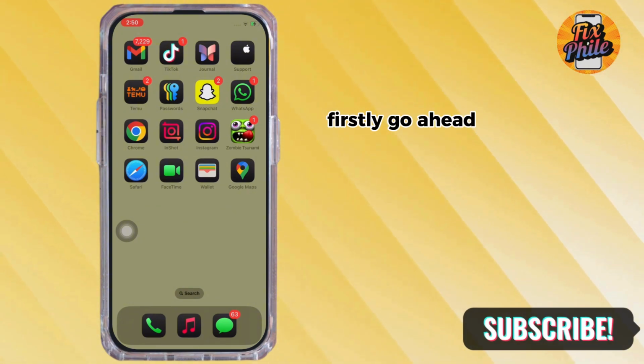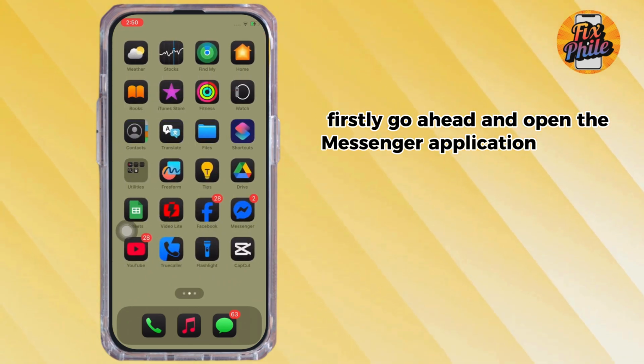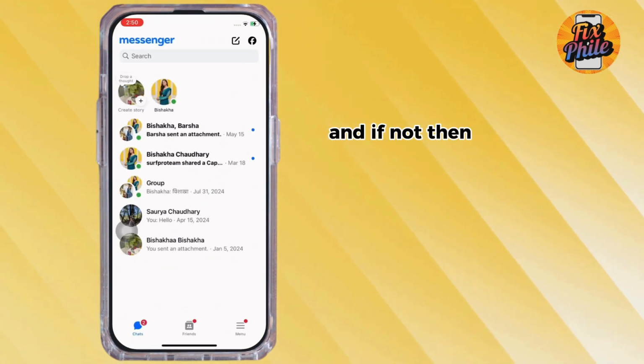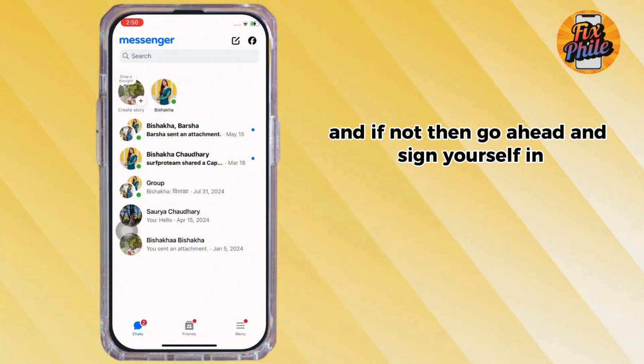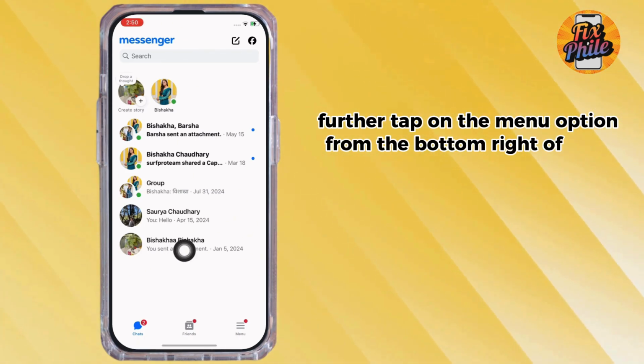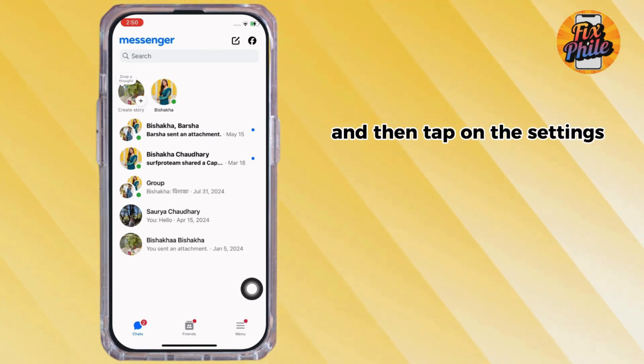Firstly, go ahead and open the Messenger application on your device and make sure you are signed in. And if not, then go ahead and sign yourself in. Further, tap on the menu option from the bottom right of your screen and then tap on the settings option